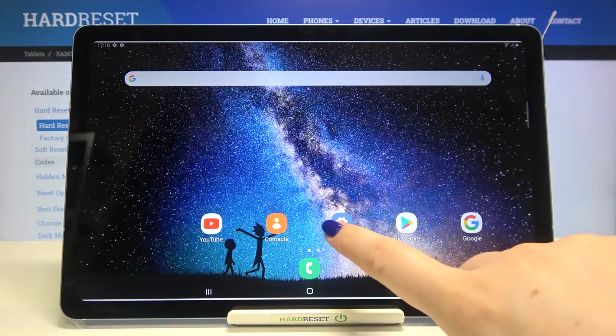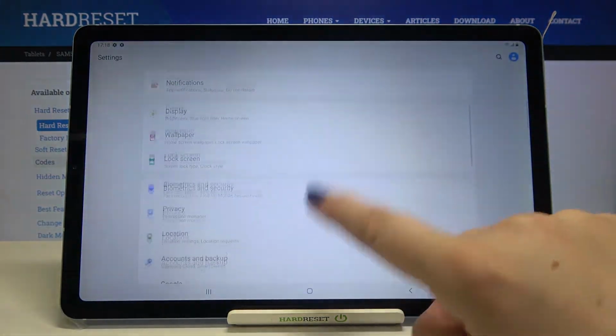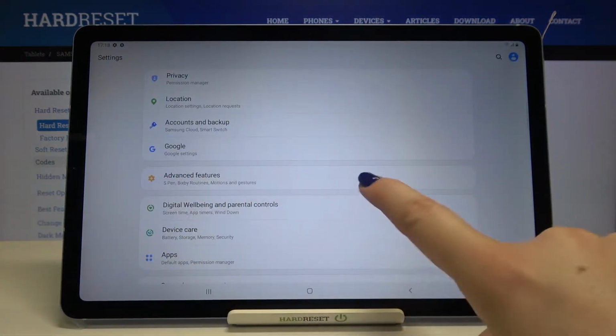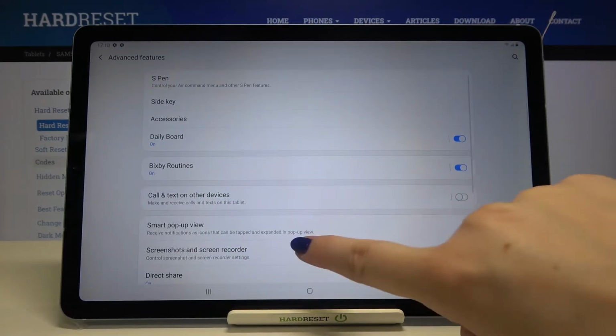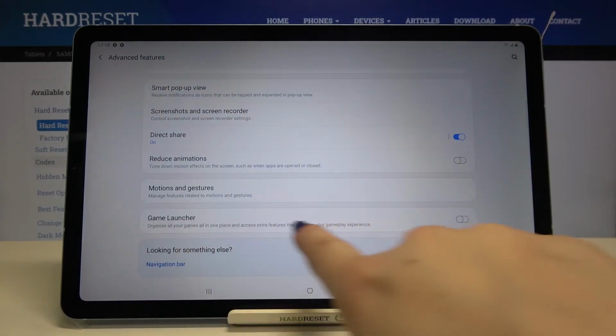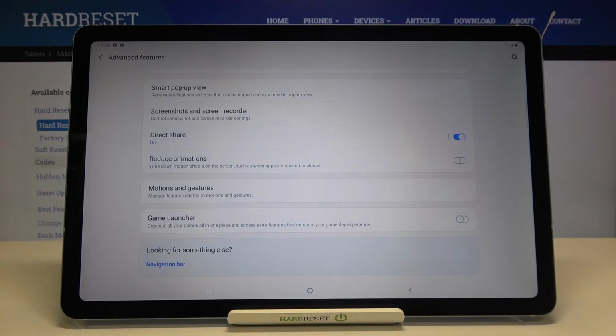So firstly we have to enter the settings, so let's do it, and now let's scroll down in order to find advanced features. Now we have to scroll down again, and as you can see here we've got the game launcher option, which is right now turned off, and thanks to this we can actually read the info about the launcher, so it will organize all your games all in one place and access extra features that enhance your gameplay